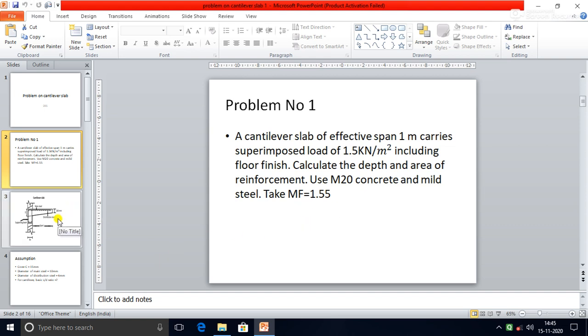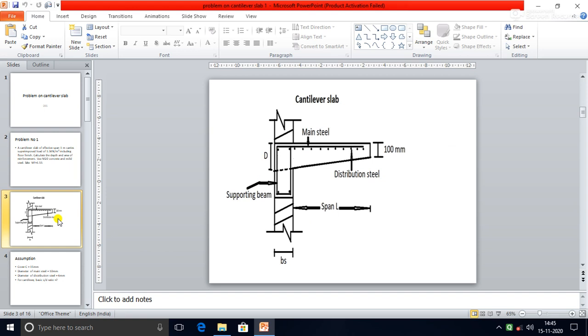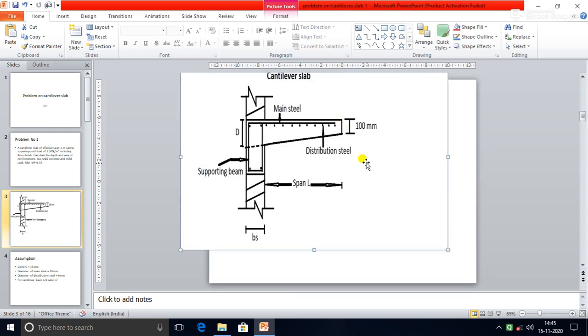First we will see the cantilever slab diagram. Since the total load is acting at the top and the cantilever is fixed at one end and free at the other, if the load is acting at the tip, this cantilever will bend in this direction. That is, the cantilever slab will rotate in this direction. The bending will be in this direction, so that the upper layer will get elongated. Where there is an elongation, there is a tension. So for cantilever slab, the main steel is always provided at the top,